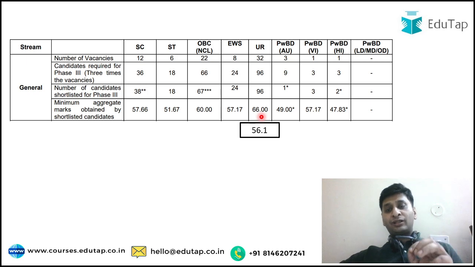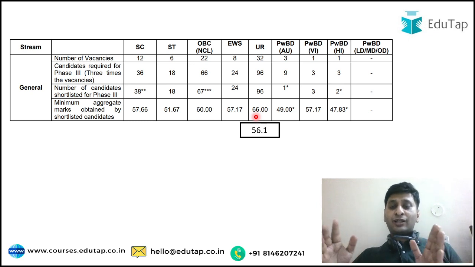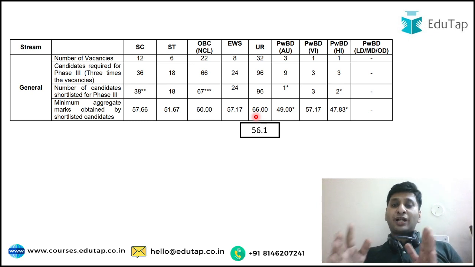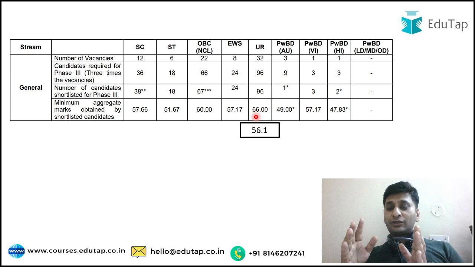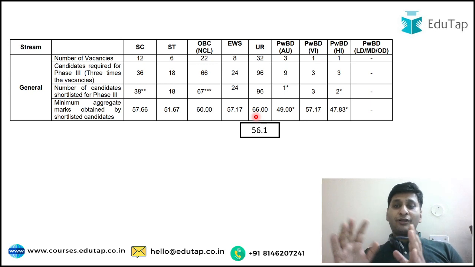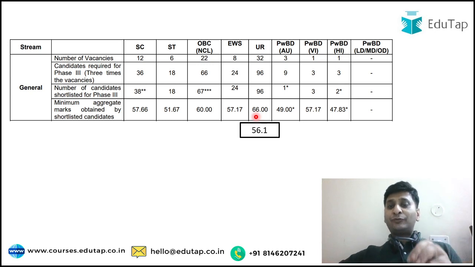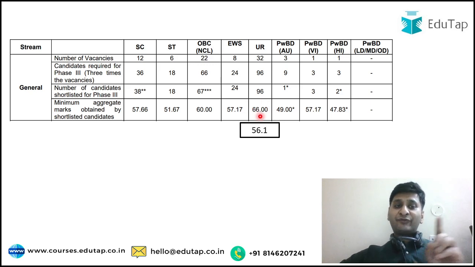So guys, they have basically scaled it down. It seems, though it is not clear, that whatever the weightage given to marks and whatever the marks allotted to each of the exams, out of that they have scaled these marks out of 100. So finally out of 100 the cutoff for phase 2 was 66, right? But the weightage of phase 2 was 85% also, right?